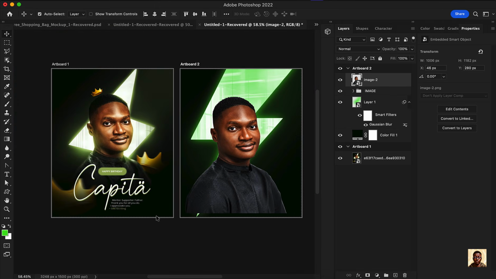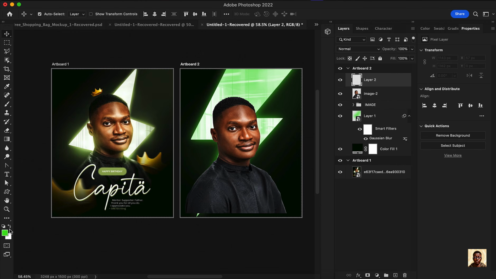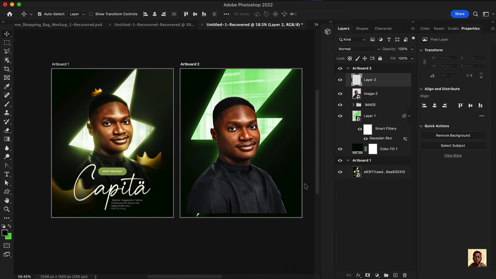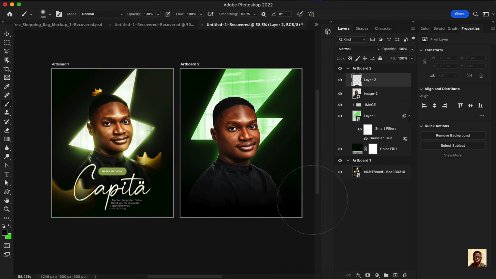And to fill up this part here, what you need to do is create a layer on top of the image and bring this up, double click on this and take it down and make sure you are where you have this green. And of course, the black color. So select your brush, B for brush, and make sure you are using your soft round brush piece. And your flow opacity set to 100, increase the size of the brush. And all you need to do here is just basically just brush here like this. And that's all you need to do, fam. That's everything you need to do,